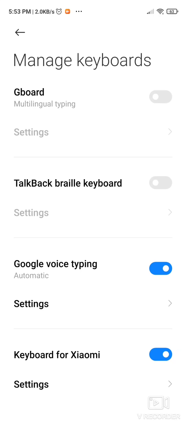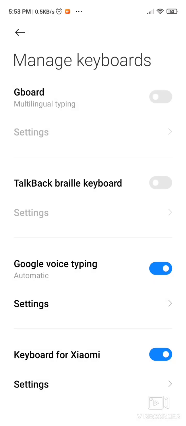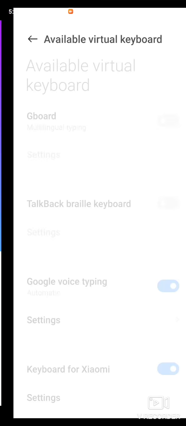In manage keyboards, go to settings again. You can see Gboard here, which is the Google keyboard, and then you have the keyboard for Xiaomi. Select the keyboard for Xiaomi, and then go to settings. It says keyboard for Xiaomi, choose keyboard.